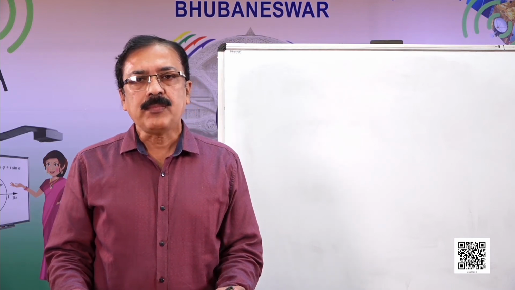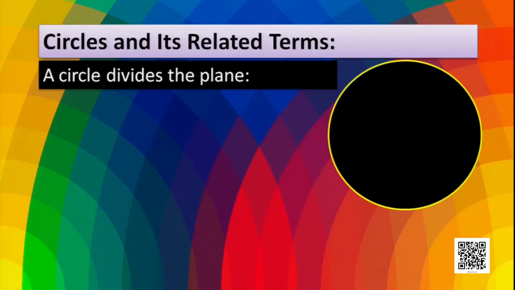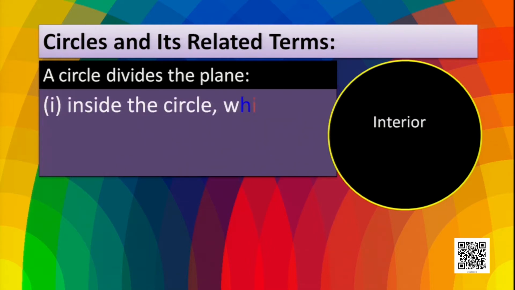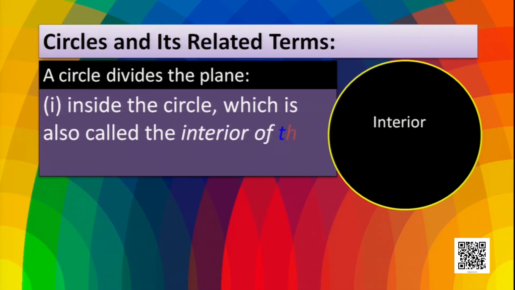Now see, a circle divides the plane into three parts. What are they? As you see, the yellow line is the circle, and inside it, which is blackened, is one part, and the third part is outside the circle. So what are they called? The first one is called the interior of the circle. That means it is inside the circle. So inside the circle, which is also called the interior of the circle, is one part of the plane,